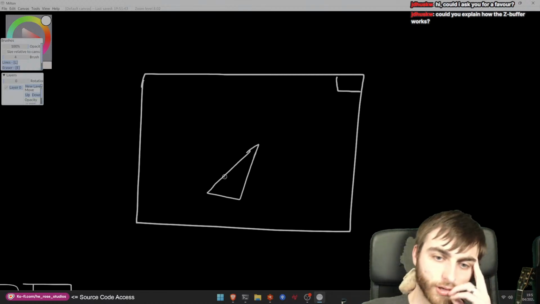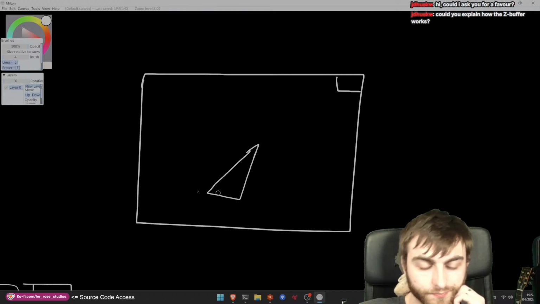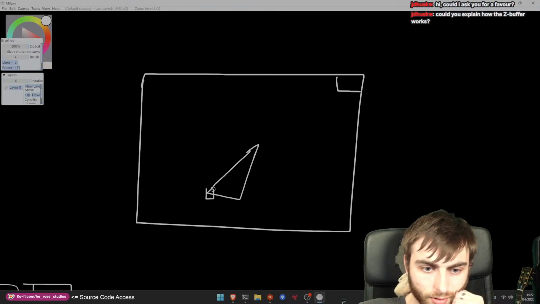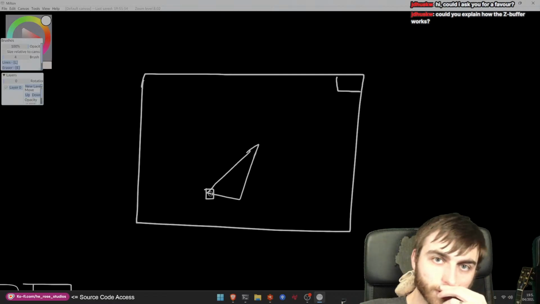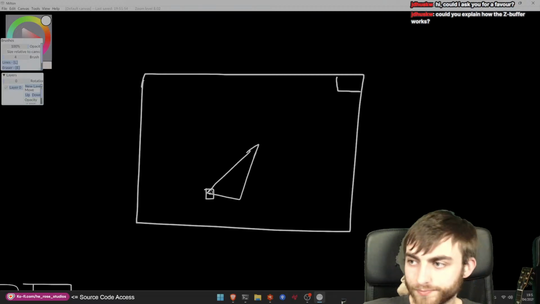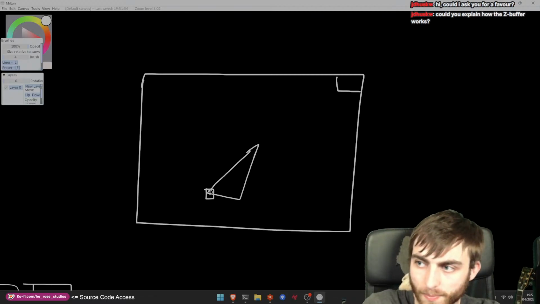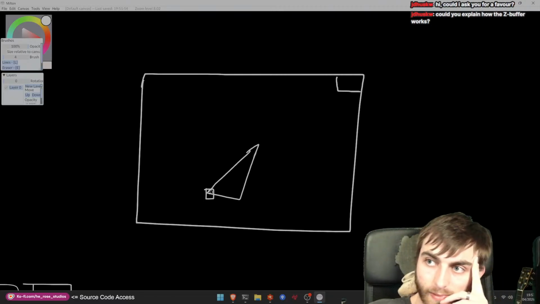Right, so you got some triangle, right? And it's obviously made up of pixels, right? And when you render a pixel in your vertex shader, oh sorry, in your vertex shader, you're gonna have,